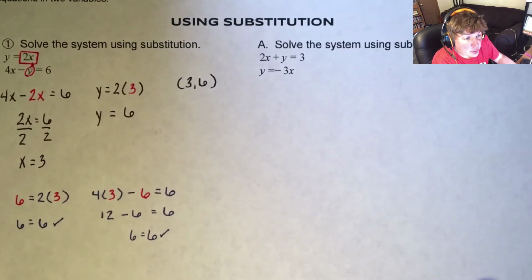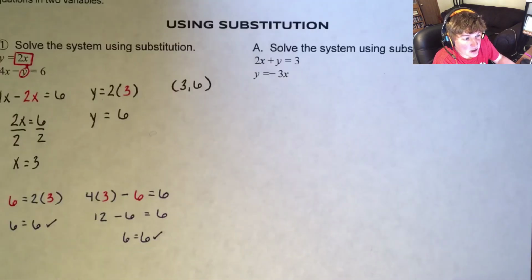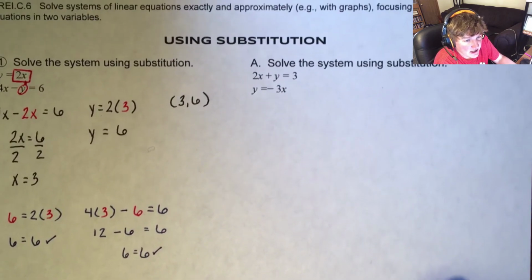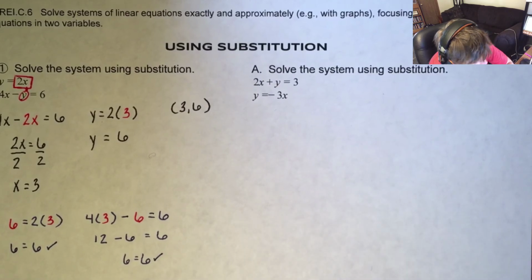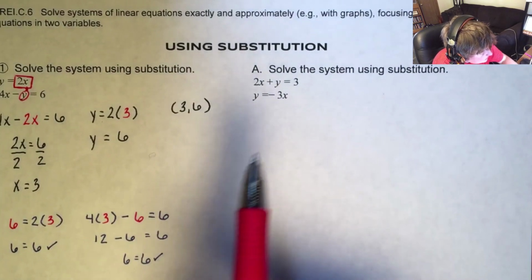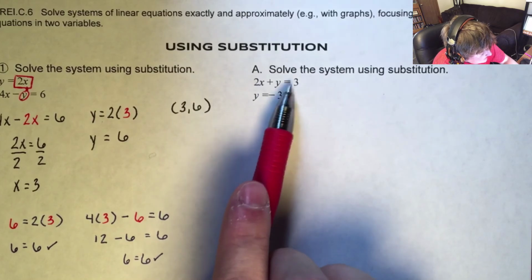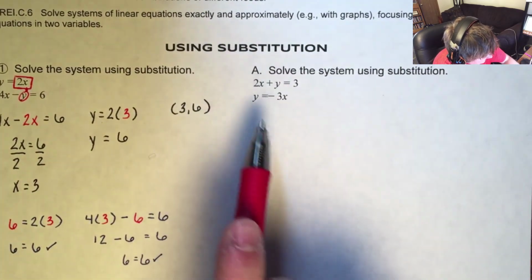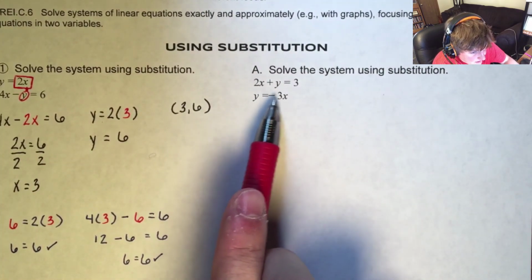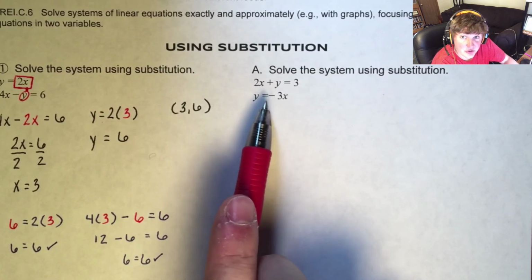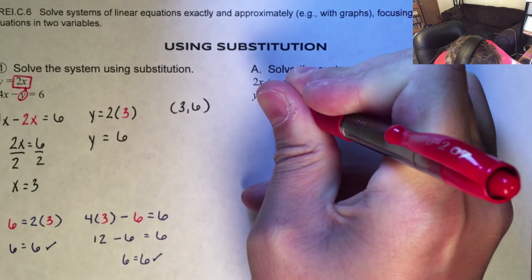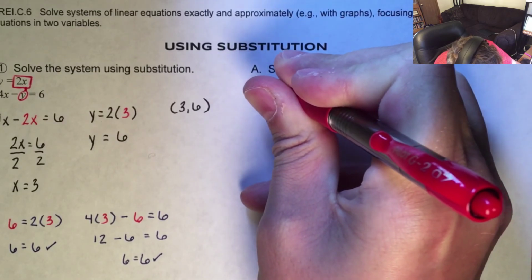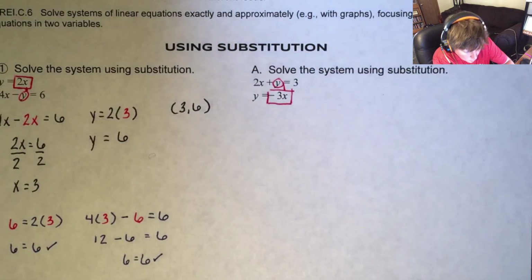Okay, so I'm assuming at this point you've already paused the video and you have tried A on your own, and now you're just here to check your work. Okay, so I'm looking at this and I'm looking for what x is equal to or y is equal to. As I look at this, it's laid out nice and neat for me that y is just equal to negative 3x. So I'm going to go ahead and box that in because I know that's what y is equal to,